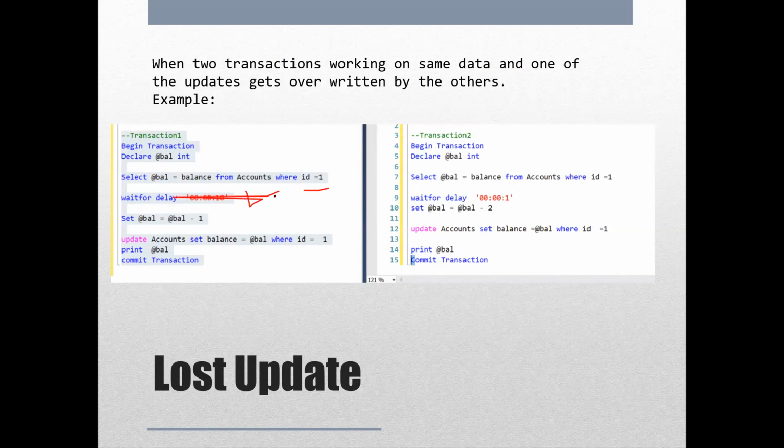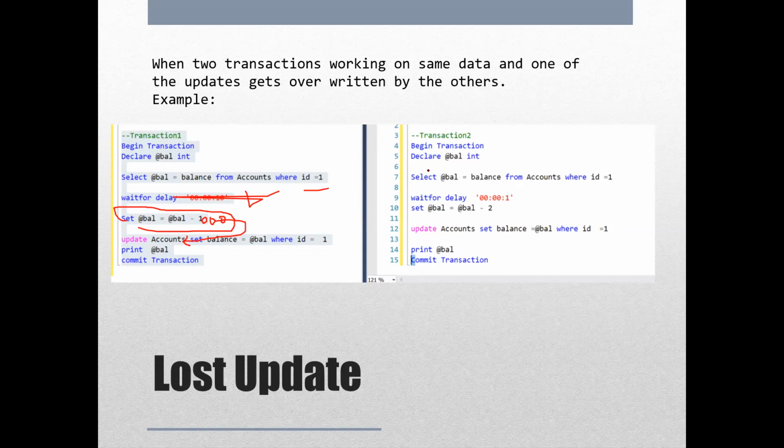Wait for 10 seconds. Now I'm waiting for 10 seconds. Then set @balance is equal to @balance minus 1, or balance minus 1000, whatever is there. I want to subtract this 1000 or 1 or anything from this balance. Update account, set balance to @balance where ID is equal to 1. Now you have to update the account, and whatever value you have set, you take that value and set that to the balance and commit the transaction, right? So this is one transaction that we are doing.